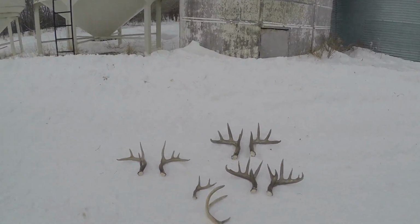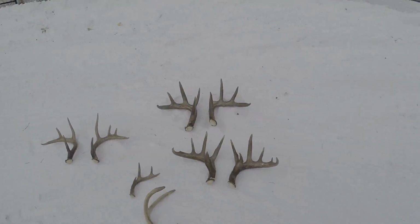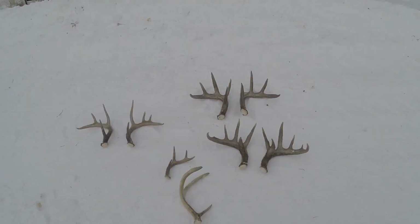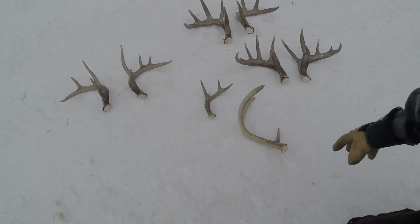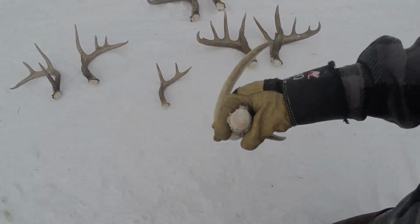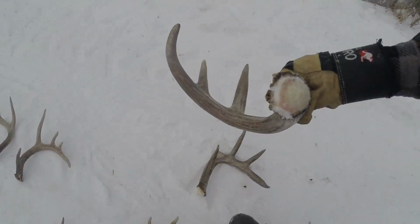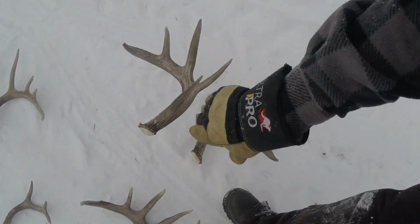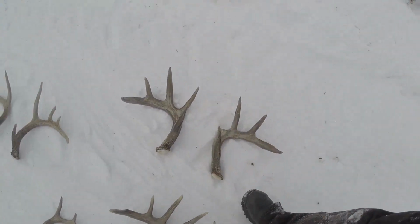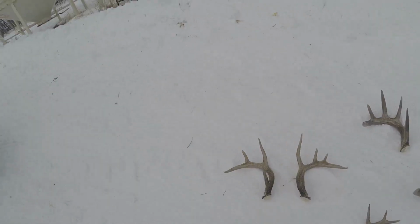Okay guys, this is what we ended up with for today. We got three match sets. When I find antlers, I usually don't find match sets, so that's kind of awesome. I've been looking at some of these and there's blood, and this heavier one has a little bit of blood on there, so I'm thinking the last couple of days. This one's already clean, dried off, whatever, but I'm thinking the last couple of days is